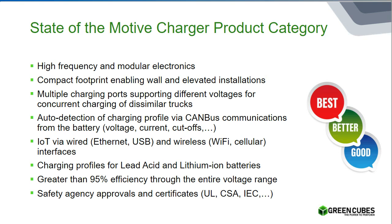auto detection of the charging profile via CAN bus. That's critical, right? You want to be able to just connect the battery to the charger, and then it figures everything else from there. IoT, embedded IoT, Internet of Things, this capability. So this allows the fleet operator to manage the charger, and there's multiple methods to connect into the network to